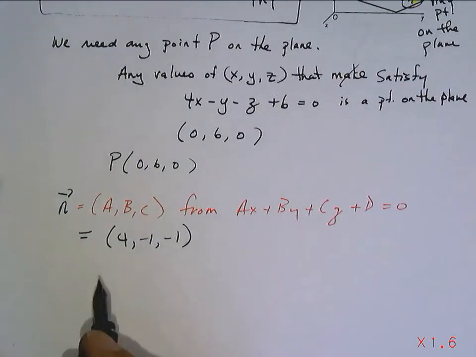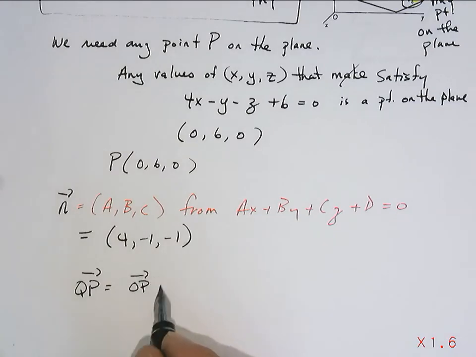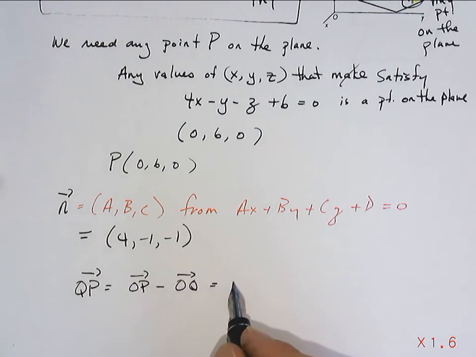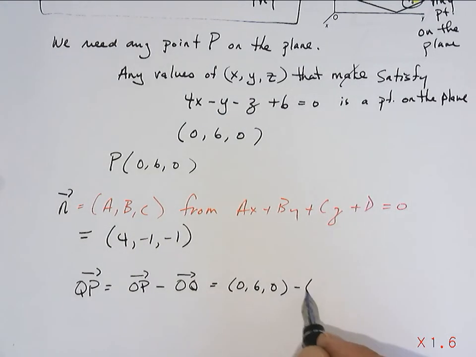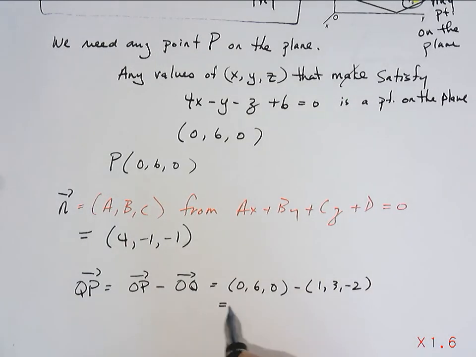So let's do QP. QP is going to equal OP minus OQ, which in this case is going to be, what did I choose for P? 0, 6, 0. And what was given to me as Q? 1, 3, negative 2. So that'll be negative 1, 3, 2. And so now using the formula,